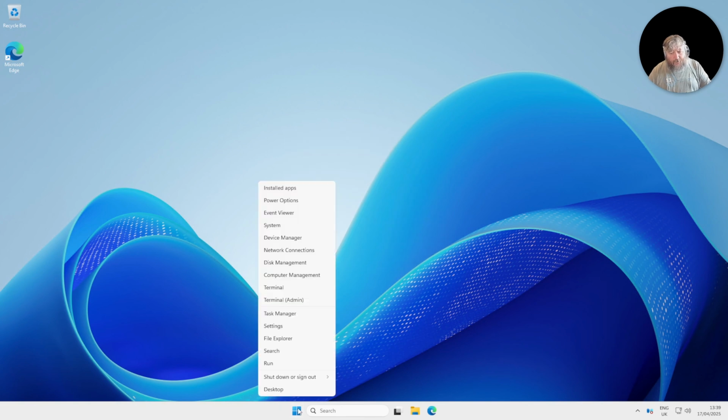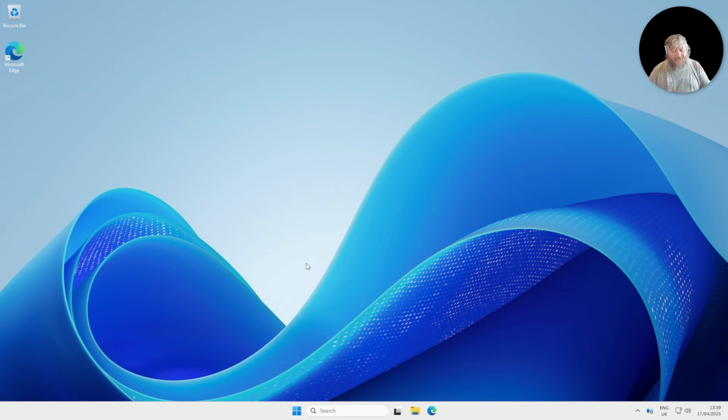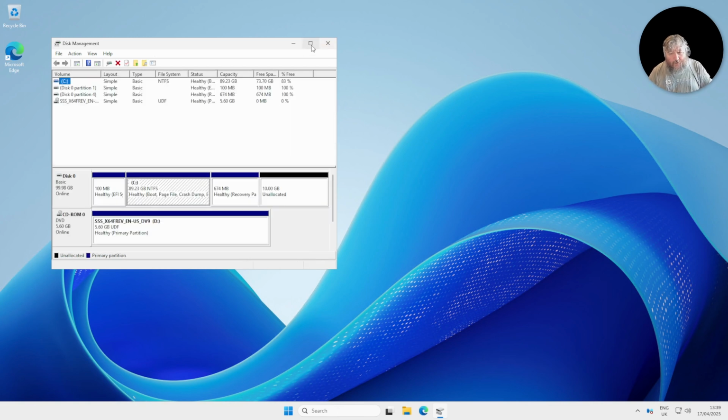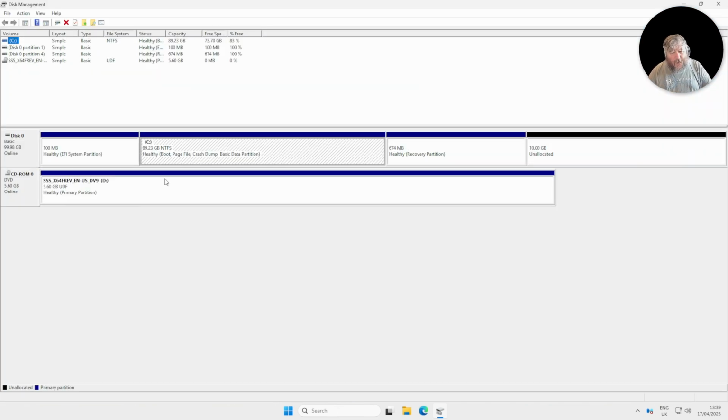So the first thing I'm going to do is check that our partitions are in exactly the same order that they were before we did the snapshot. And of course they are. So we've got a 100 meg EFI system partition. We've got our approximately 90 gig operating system partition. We've got our 674 megabyte healthy recovery partition. And at the very end of the disk, we've got our 10 gig unallocated portion, which of course is the